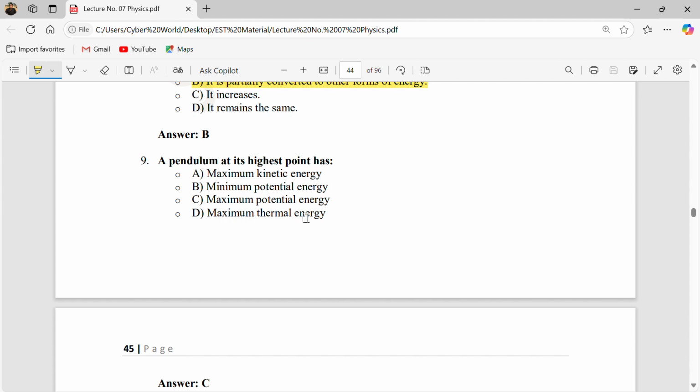a pendulum at its highest point, at its extreme point, as I told you before, has its maximum potential energy. Okay, so the correct answer is C, maximum potential energy. And at the extreme position, it has maximum potential energy and kinetic energy is zero. Okay,